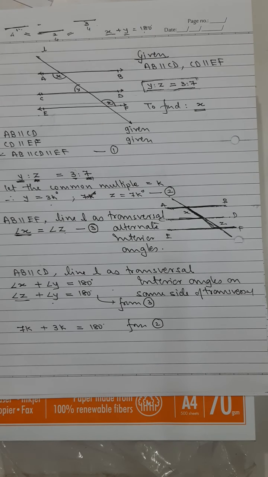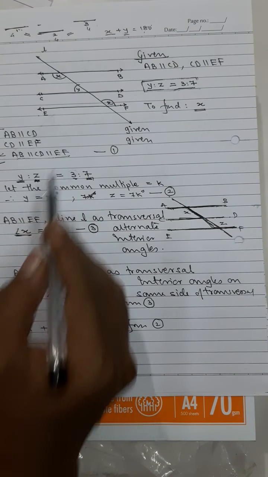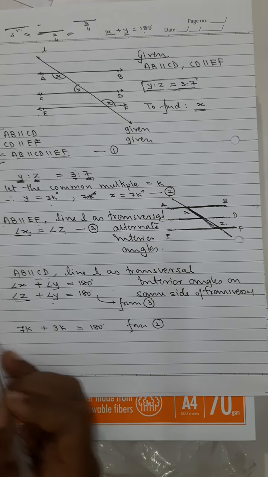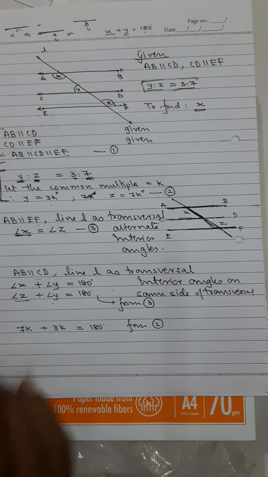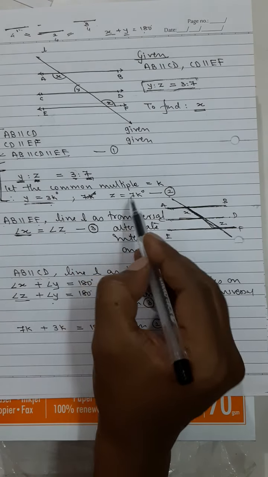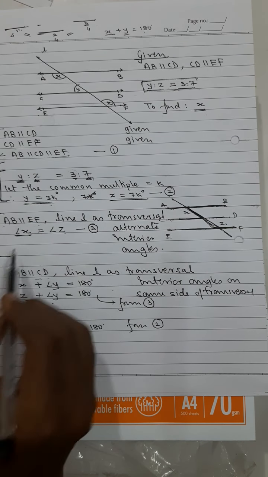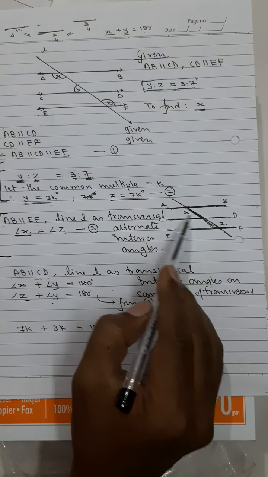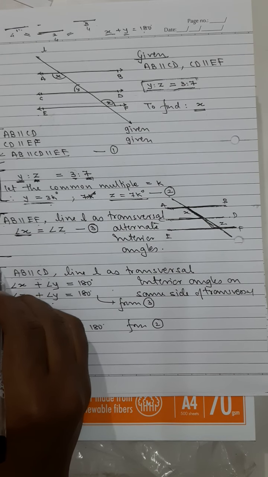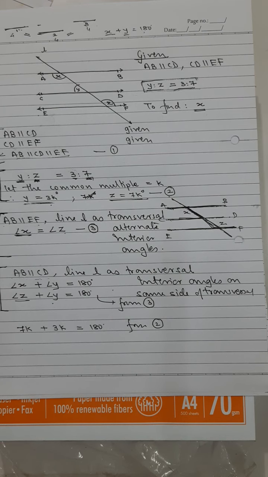Are you getting? See, there are so many sections. In first section I proved that 3 lines are parallel. Because these 3 lines are parallel, that's why I can use this, that's why I can use this. And then in the second section I just handled the ratios, and I showed that because the ratio is there, therefore y is equal to 3k degrees and z is equal to 7k degree. And in the third section again there is another one where I am using alternate interior angles property, and showing that angle x is equal to angle z. And then in the fourth section, I am actually using interior angles property and then substituting them. Then I am linking everybody over here.